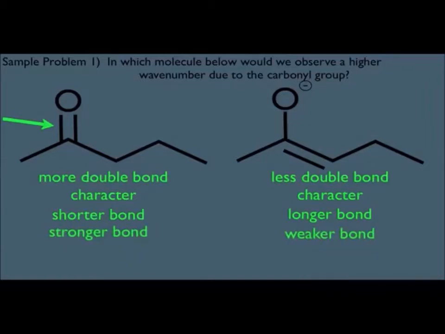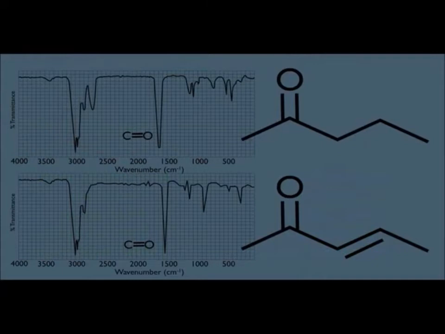And we've learned in this online lecture that the stronger the bond, the higher the wave number, the weaker the bond, the lower the wave number. So the answer is the carbonyl group on the left molecule would have a higher wave number. Which means this: if we looked at the spectrum for each one of these molecules, notice the top molecule right here, his carbonyl peaks right about here. Notice it is peaking at a higher wave number than the molecule below. So notice sometimes you gotta break out your resonance moves to compare wave